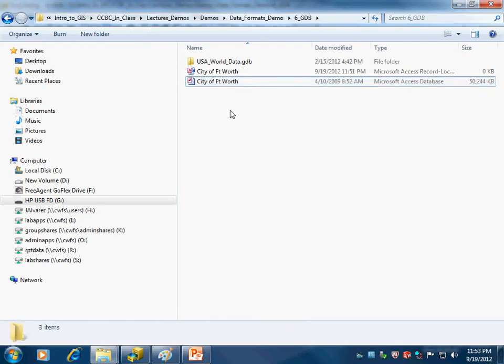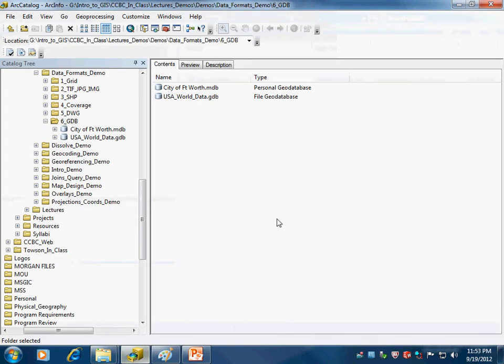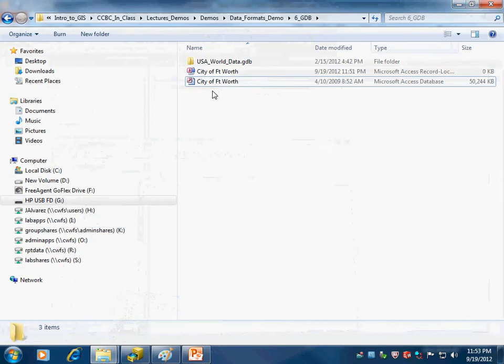All right, so all of your attribute information is stored within this Access database, but all of the geometry and everything is also stored in that file as well. So it looks like an Access database on disk, whereas in reality it is an actual canister of geographic data. So be very careful not to open this kind of data in Access and manipulate it, because you